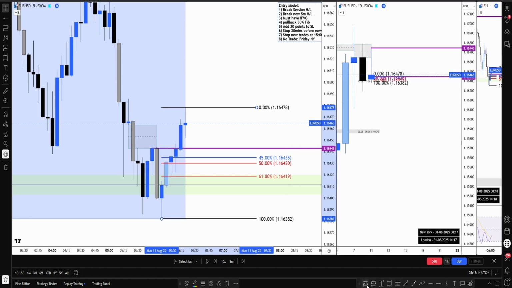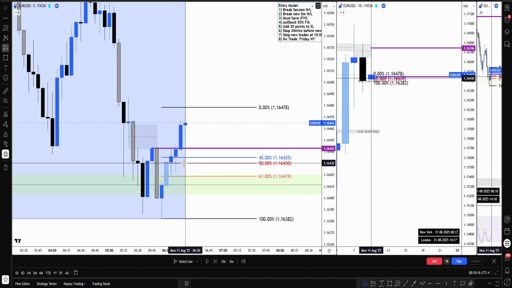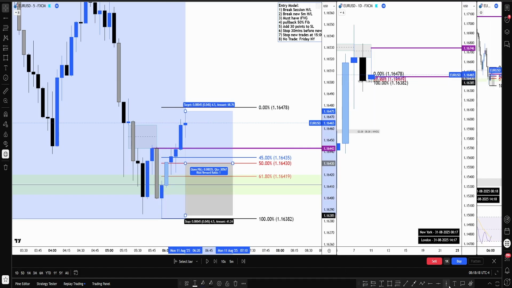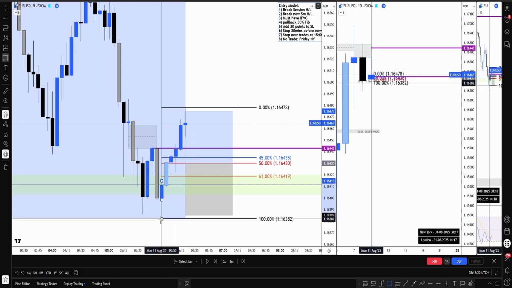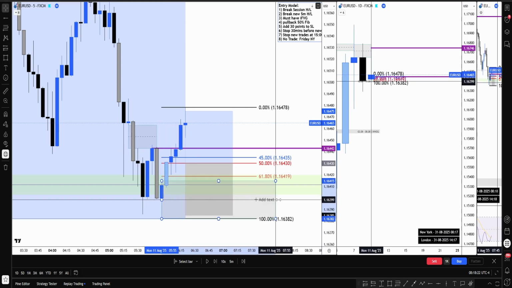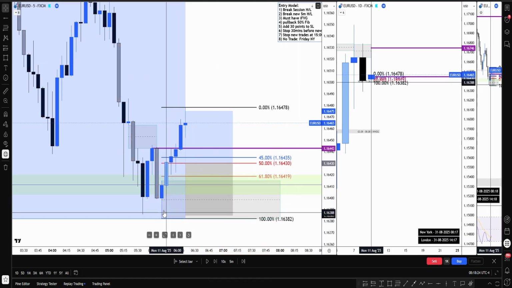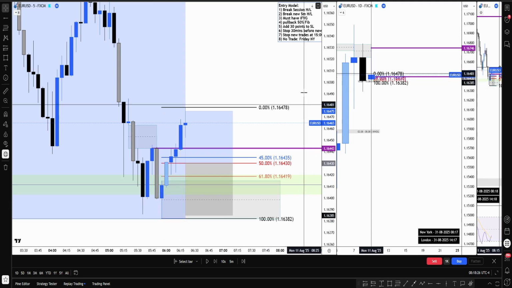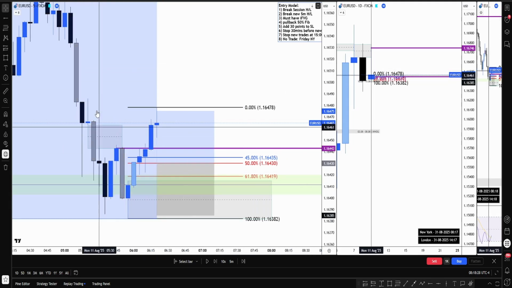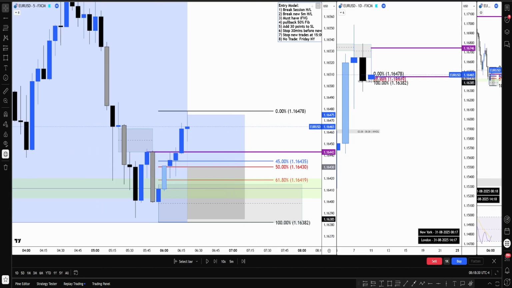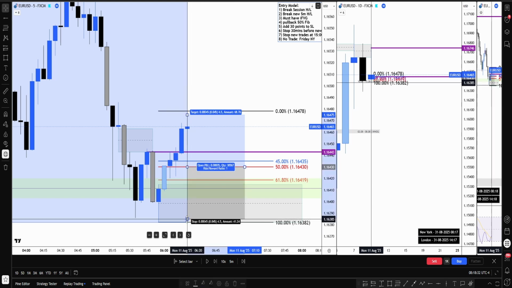So what are we waiting for? We're waiting for a retest of the 50% level, or the retest of this order block here. That's the last candle before this whole move up. That's literally the last candle because that's the lowest point of the current session, London session low. So now we wait. So let's just quickly finish up the entries here.